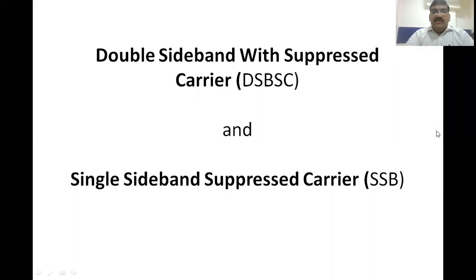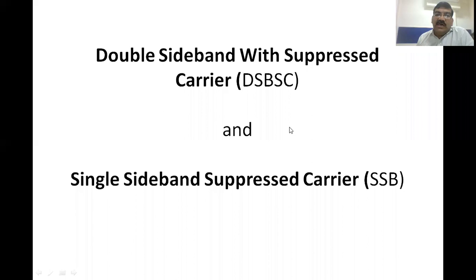Good morning. We will start today the types of amplitude modulation and what is their impact. The basic thing that we discussed previously, that is the double sideband full carrier. Now, in amplitude modulation, there is double sideband with suppressed carrier. If carrier you will suppress, then what is its impact? What are the advantages, disadvantages, and why we require this? Then we will go for the single sideband suppressed carrier.